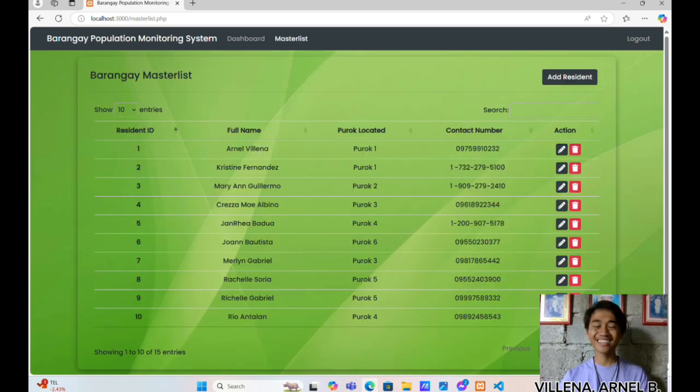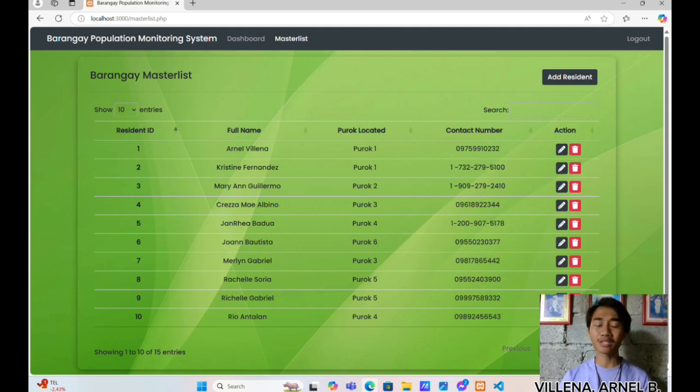Now the second is the master list page. It serves as the heart of the system's data management capabilities. This is where administrators can view, manage, and organize the barangay's resident information in a structured table format.